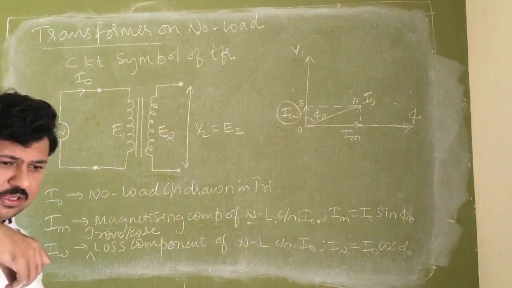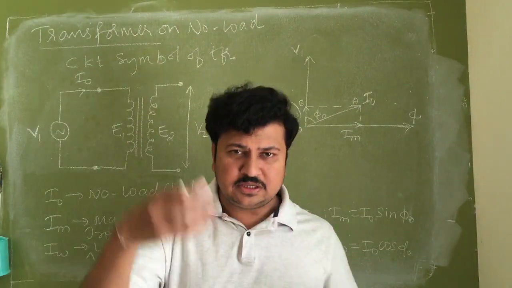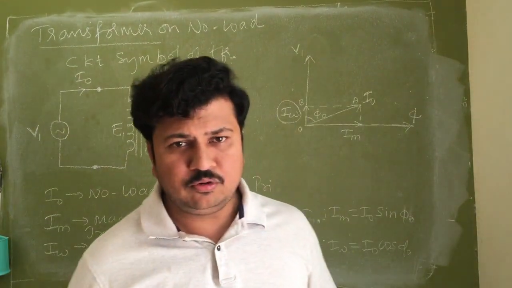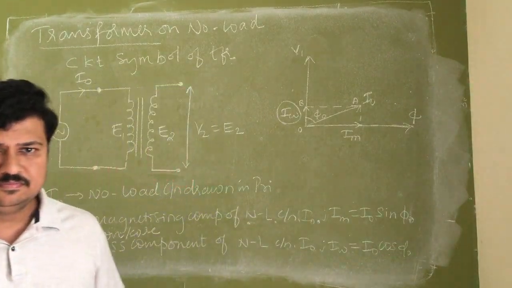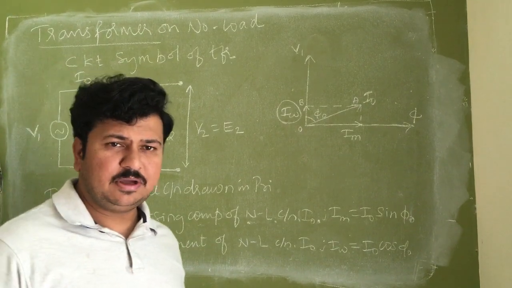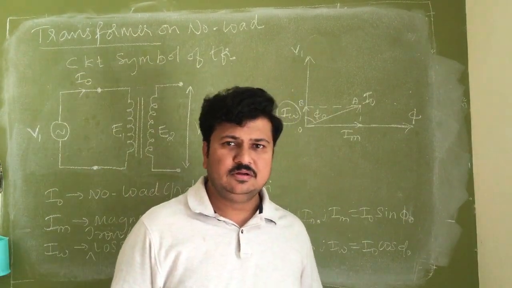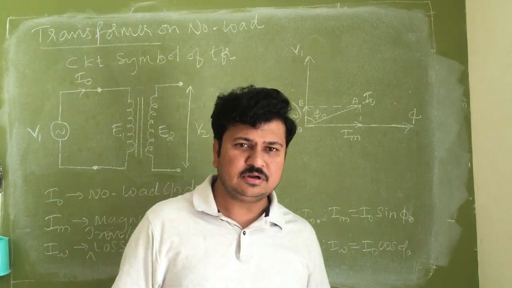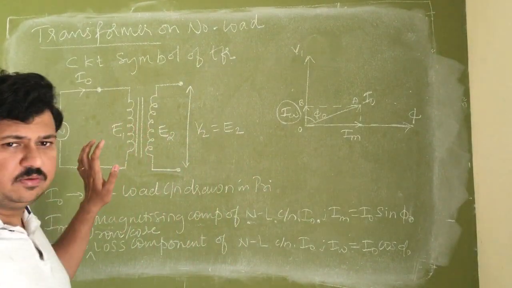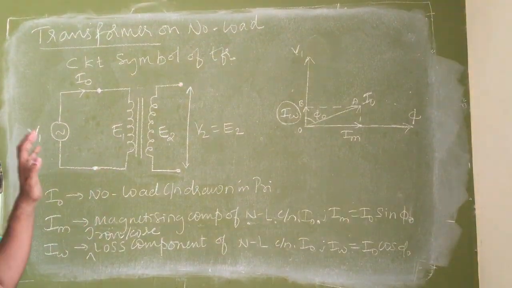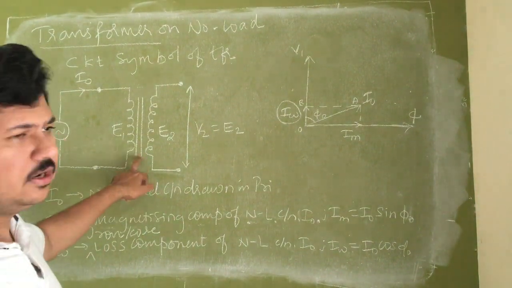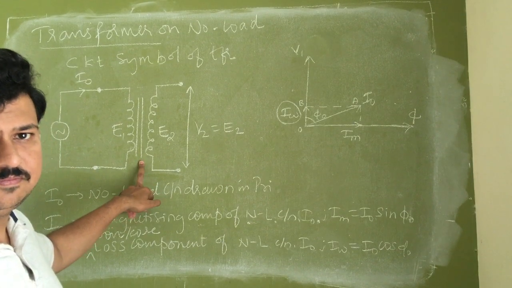Whatever food I am eating, the first part should go to energize my body, and the remaining part gives me more power to do the work. The complete energy gained from the food is not spent in the work done. The body stores some energy so that it stays alive. Similarly, to keep the transformer operating, it will consume some amount of power, because there are losses in the transformer. That is the reason.